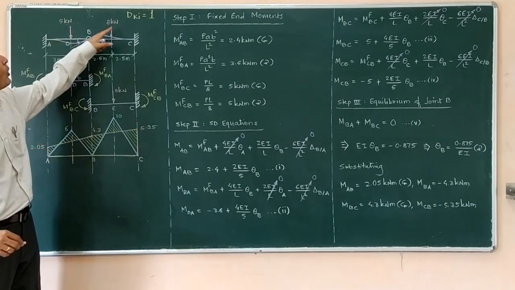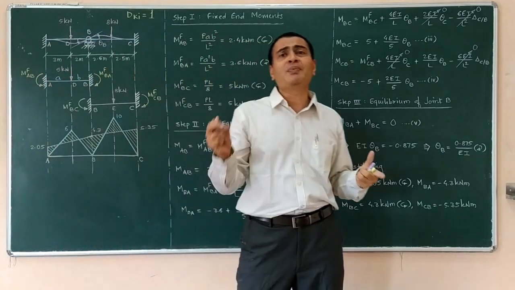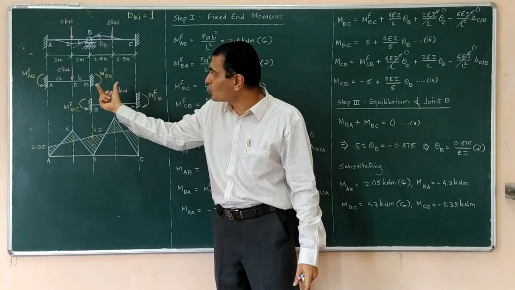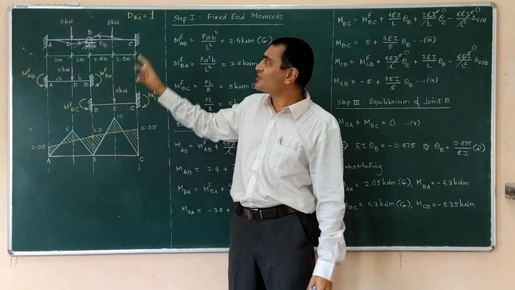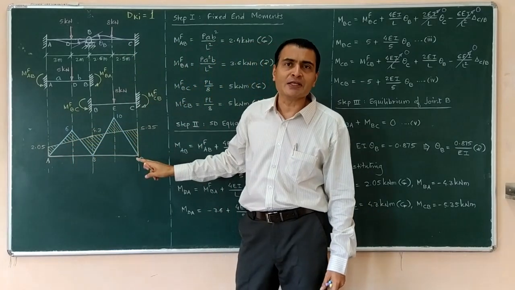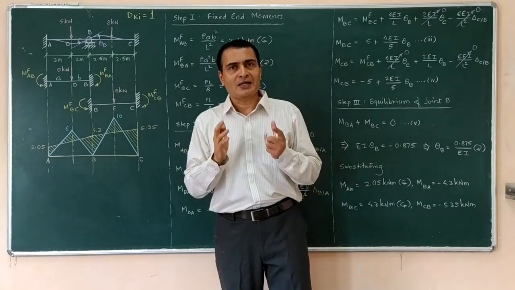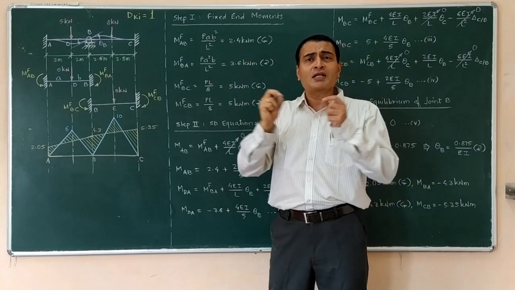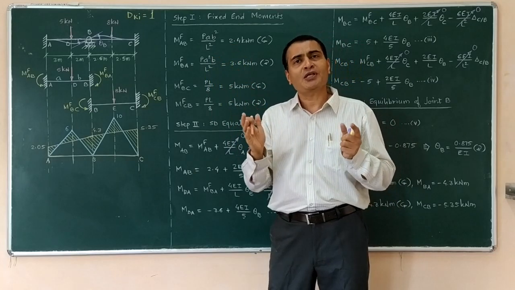And then since we have point loads here, the simple expression for bending moment is PAB upon L. So using 5 into 3 into 2 upon 5, I am getting 6 here and I am getting 10 here. Since these are point loads, the variation is simply linear. So this is my bending moment diagram by superposition, and that is how we have analyzed a simple problem of a continuous beam, an indeterminate beam, using the slope deflection equation.